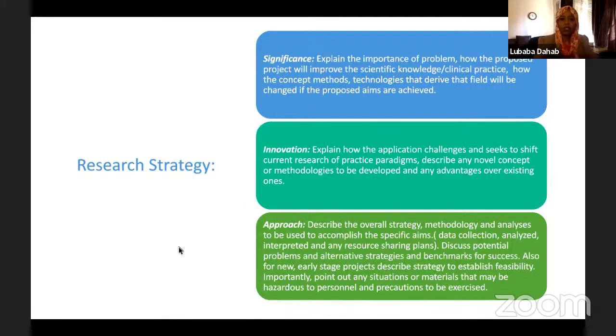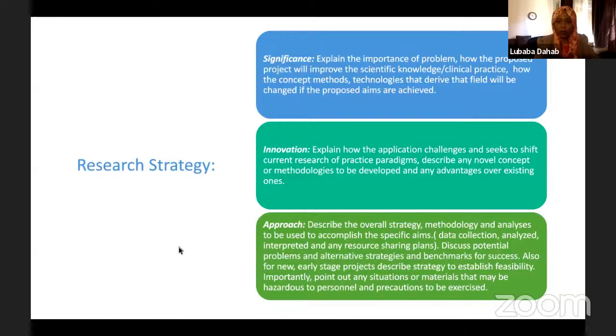Now we're going to talk about the research strategy. As Ali mentioned, strategies include your investigators and your teams, and you want to focus on the significance and the innovation and approach of your research. So you want to present why this is the problem for you, why you want to do research on it, and how your proposed method or idea is going to change this